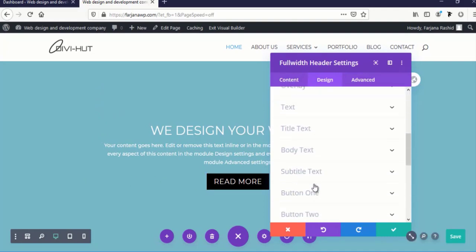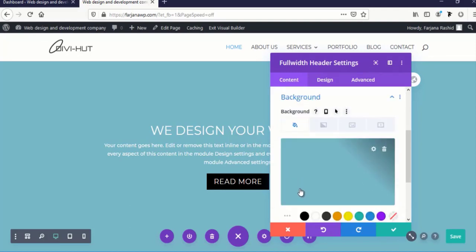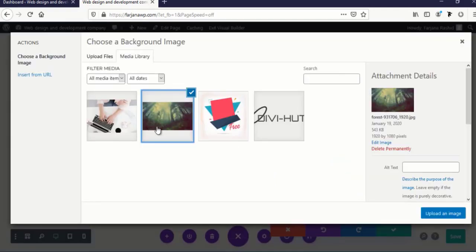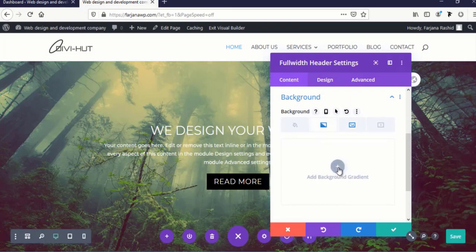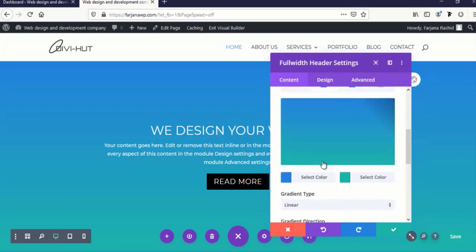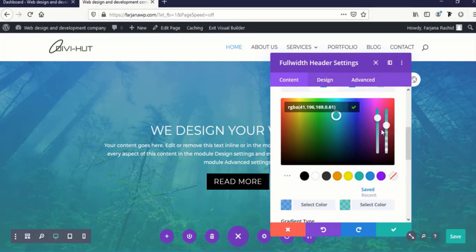And now I'm going to content, background, and I'm changing this background color. I'm deleting it. I'm setting a background image here. I'm setting this image here, and also adding some gradient color and setting the gradient to be placed above the background image. And here I am just decreasing the transparency, and for this color also, yes,